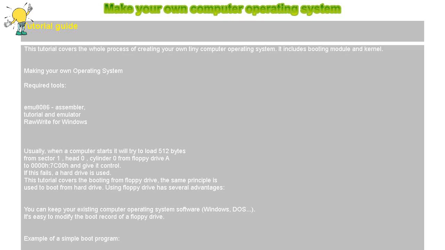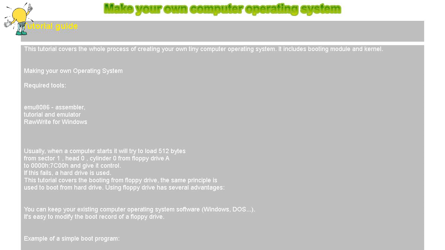Making your own operating system requires these tools: emu8086, assembler, tutorial and emulator, and RawWrite for Windows. Usually, when a computer starts, it will try to load